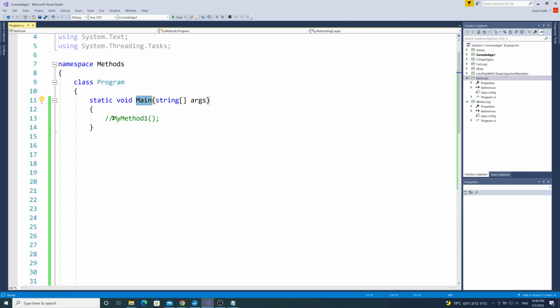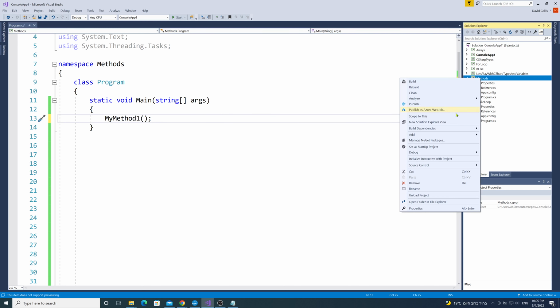But let's see another method. Let's uncomment this line. Here we have one line: my method one, opening and closing round brackets, and of course the semicolon that we have to write after every command. Let's run this program. Right click on the methods project, debug, start new instance,